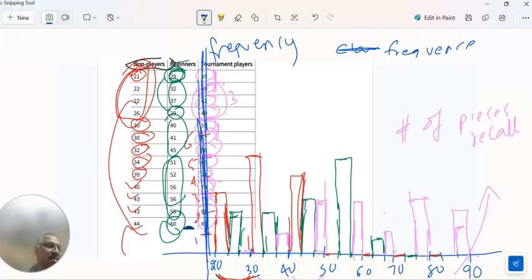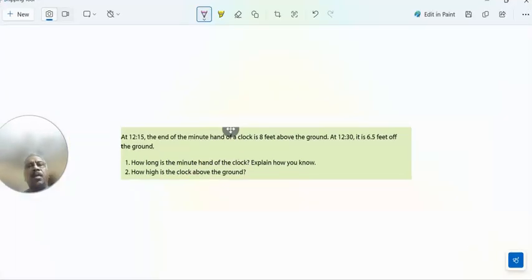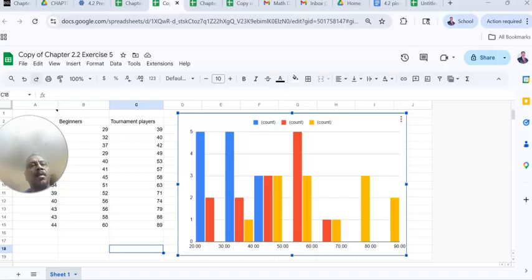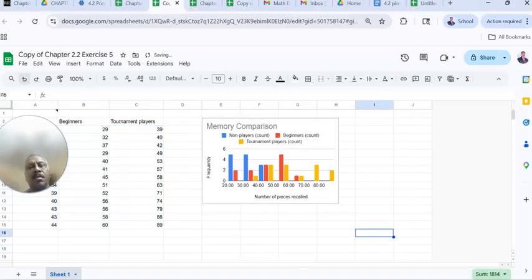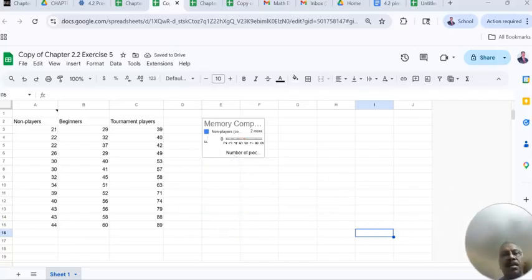Now the question is asked, how many of the... okay, so now let's see if we can do that same thing digitally. So what I did is, so let's see. Okay, so you see this was the data which is right here. This is the same thing: non-players, the beginners, and tournament players. So what we do next is